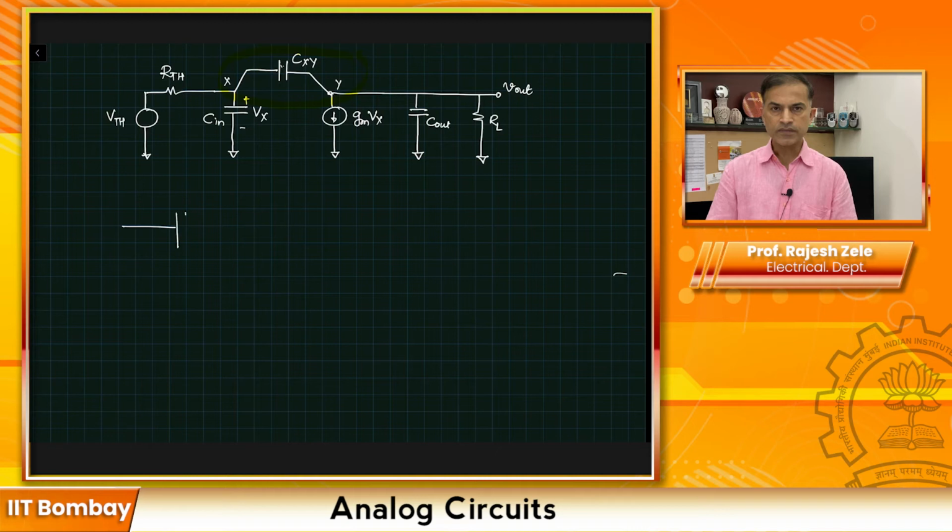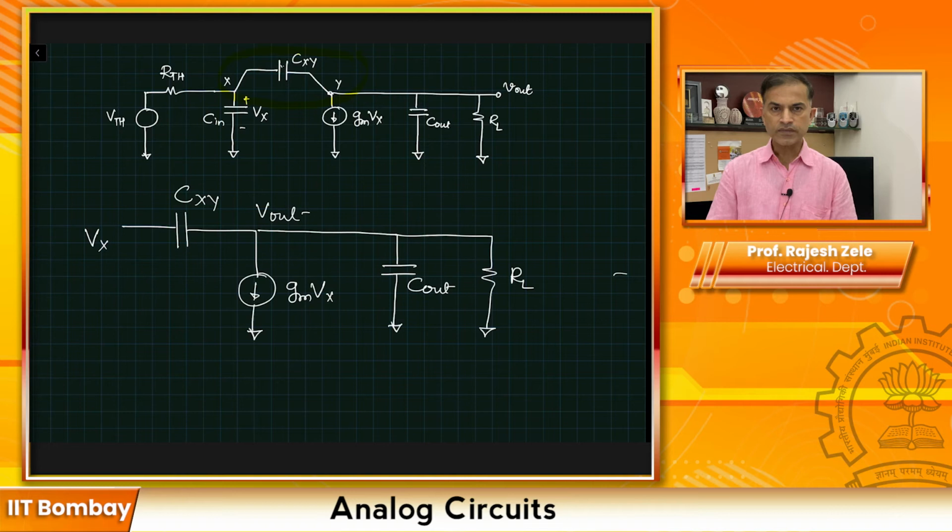So we have a capacitance CXY, and here is Vx and here is V out or Vy. At zero frequency, V out is going to be 0. Let's say that zero frequency is S of Z. So at frequency S of Z, V out is equal to 0. We are not physically connecting V out to 0. It's just that the transfer function will happen in such a way that V out will be equal to 0